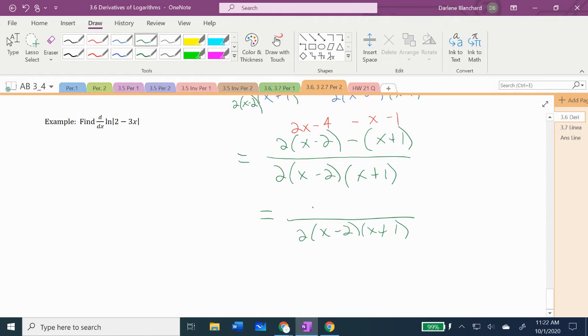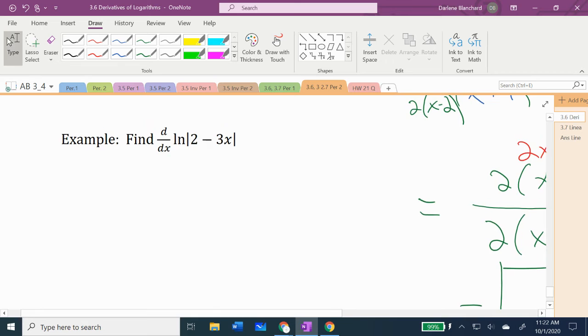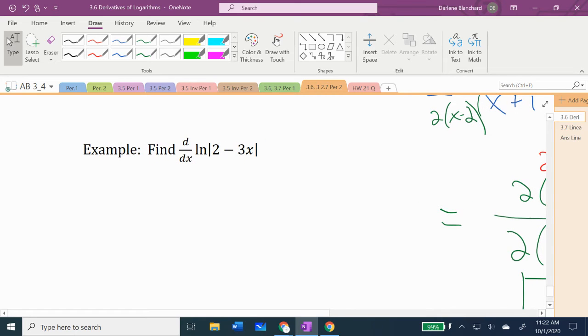Two x minus x gives me x, negative 4 minus 1 gives me minus 5, and voila. I have one more example. It'll be quick. I just want to present to you, if you do have those absolute values and a logarithm, when you take the derivative, you can basically just ignore them. The only bonus that maybe you don't recognize, or maybe you do, is that you have more domain going on